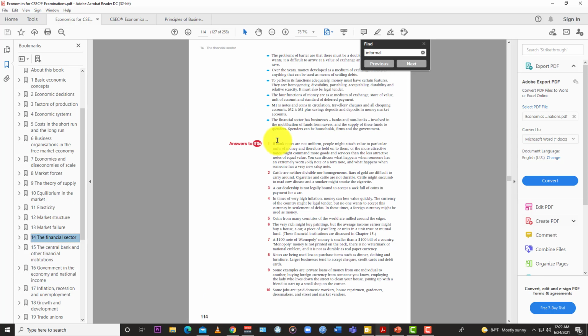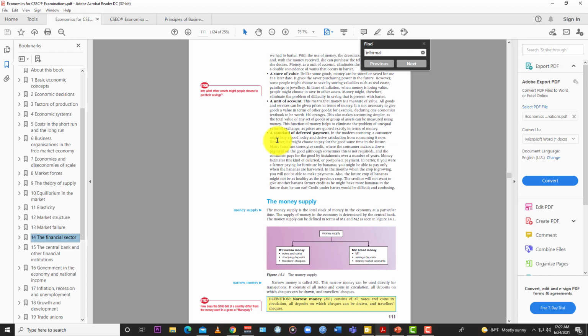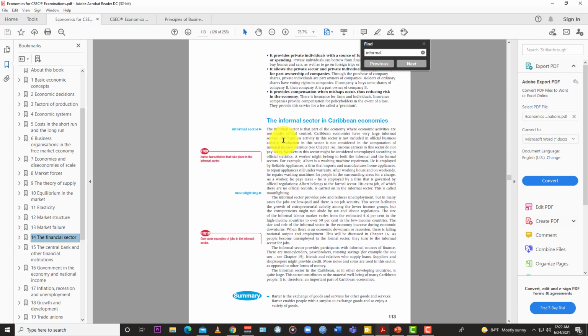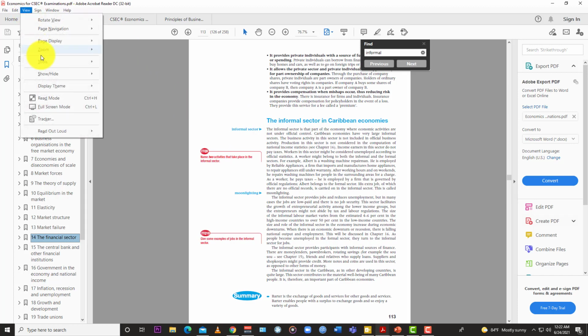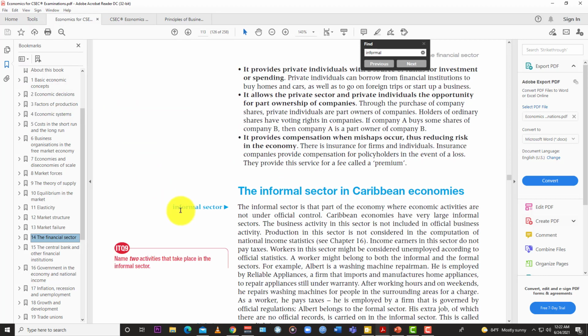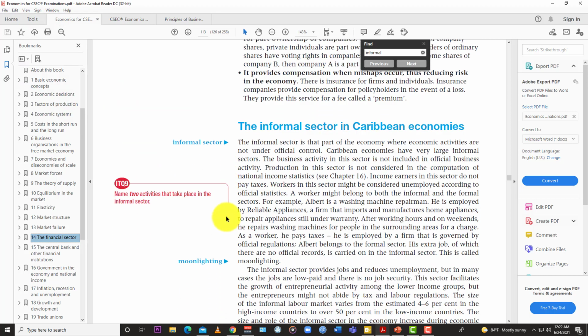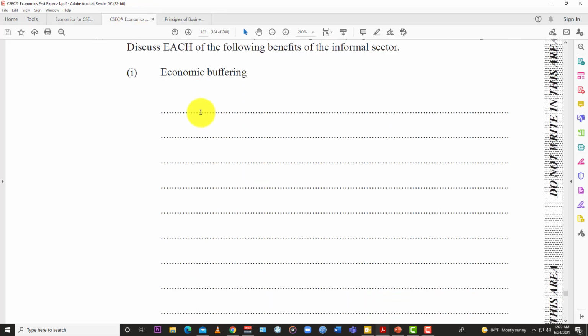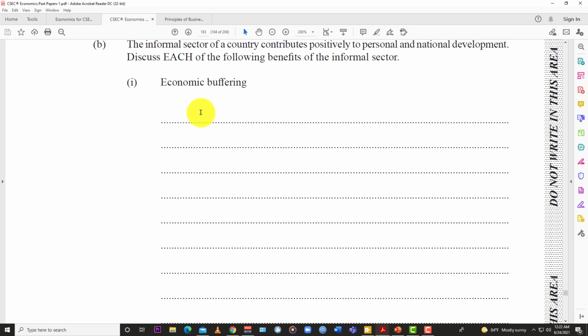So we have an application question here again. So here we go. The informal sector. Now let's look at it one at a time, because they did divide it in 2. So as it relates to the economic buffering, right, economic buffering. This simply refers to the fact that the